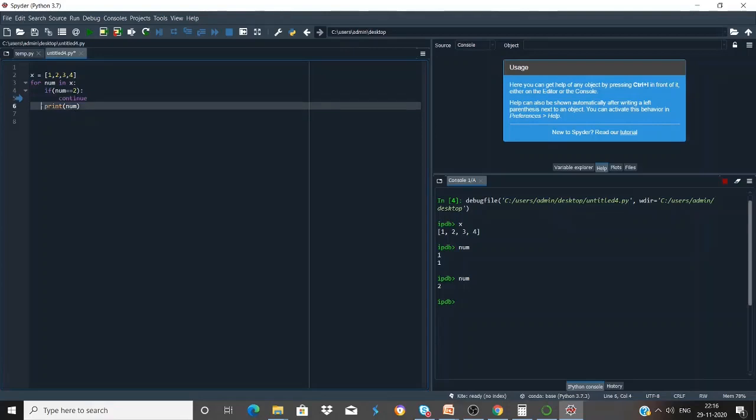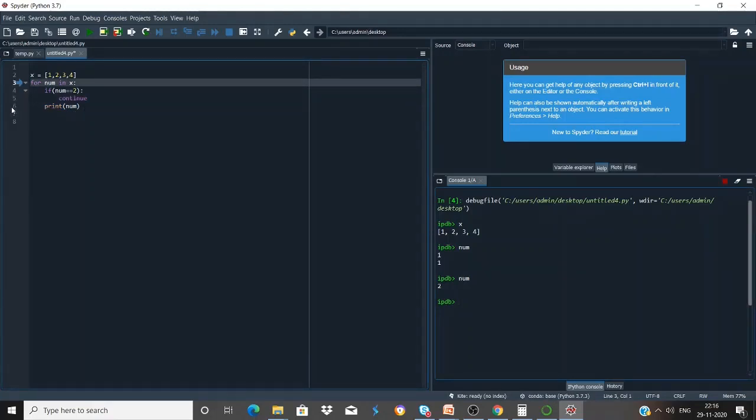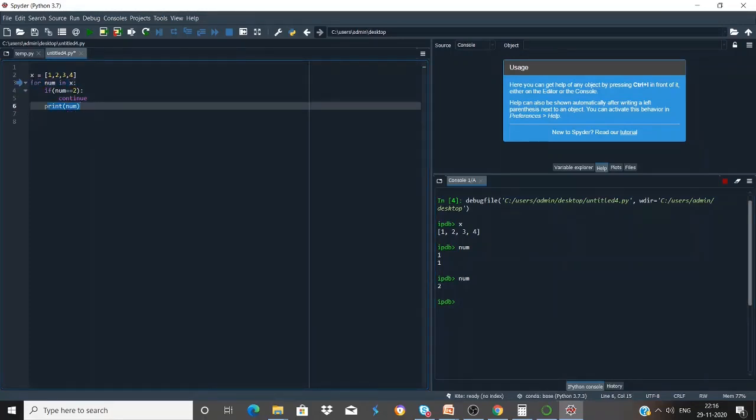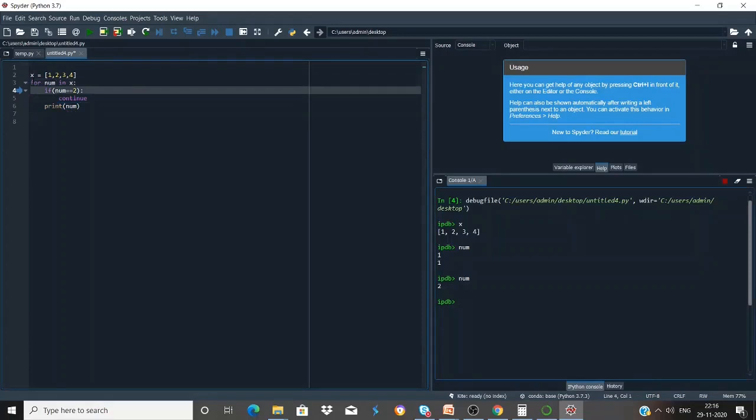So it should skip this line. So if you again press Ctrl plus F10, you can see this line number 6 is not executed and the control goes back to this line again. So if we again press Ctrl plus F10, the current value of num is 3, so the if condition does